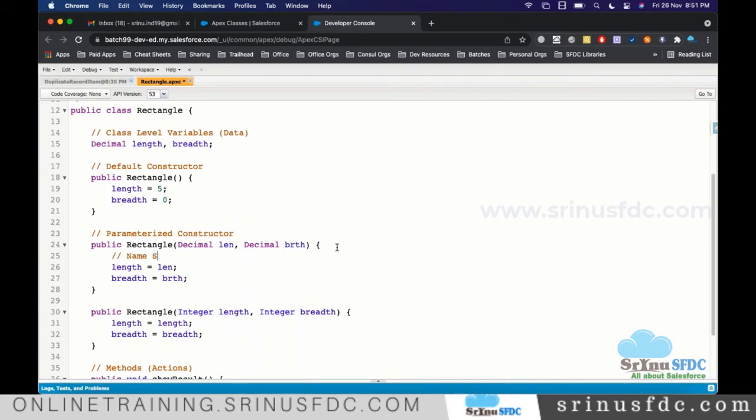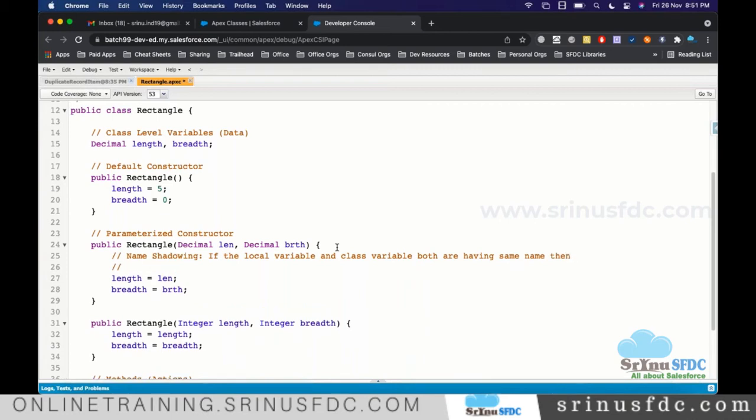Name shadowing means if the local variable and the class variable both have the same name, then the system gives more priority to the local variable.